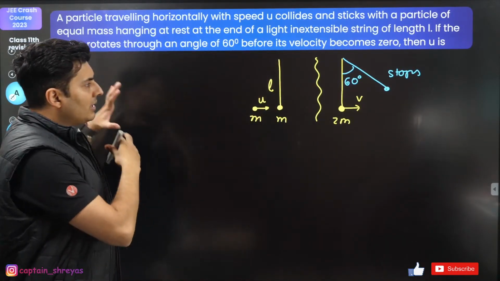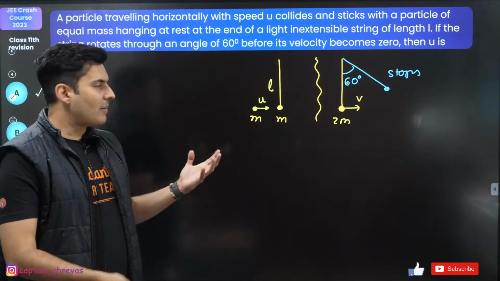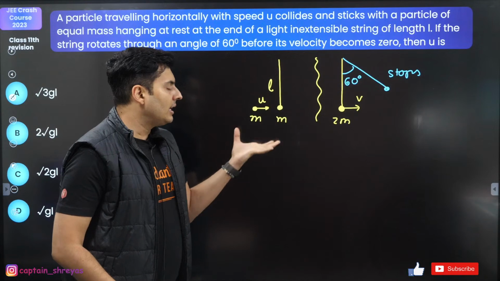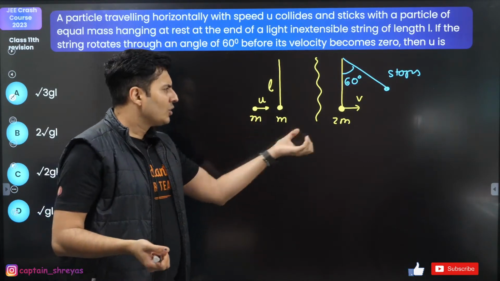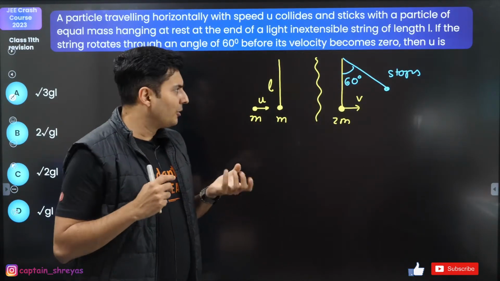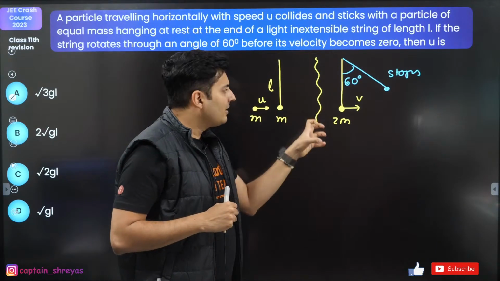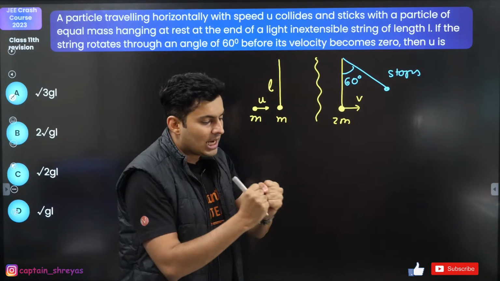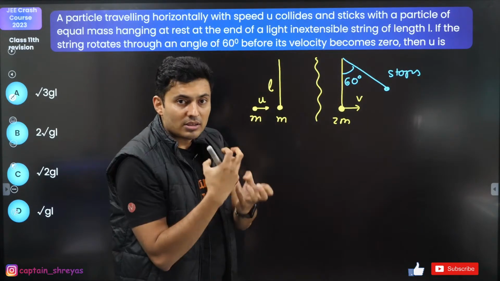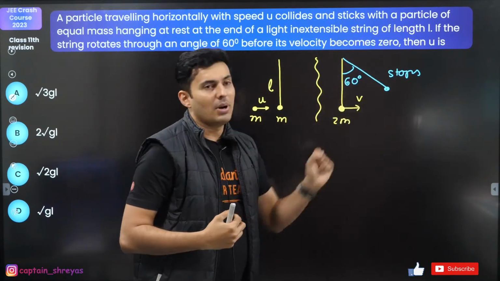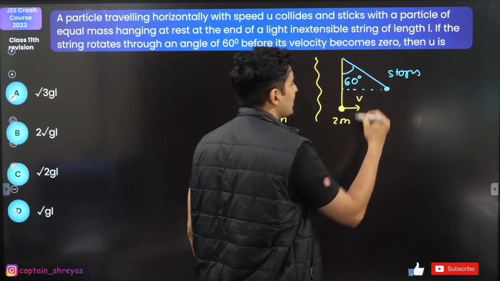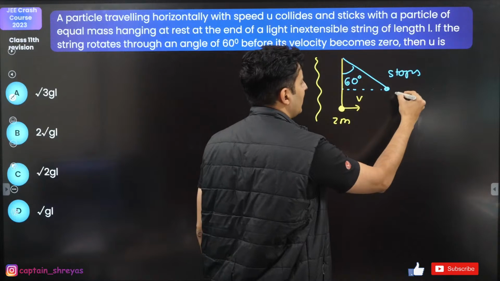In this entire process, an inelastic collision is happening, and in this inelastic collision some energy is getting lost. So the final speed will be slightly less also, and once they become a combined mass with a new speed, that kinetic energy is utilized in raising the mass up by some height. How much height does it go up by? That's very simple to find.